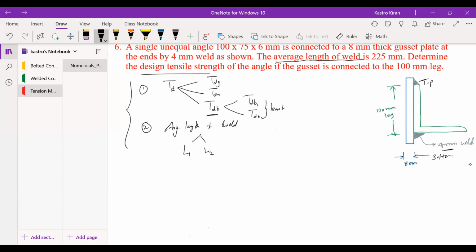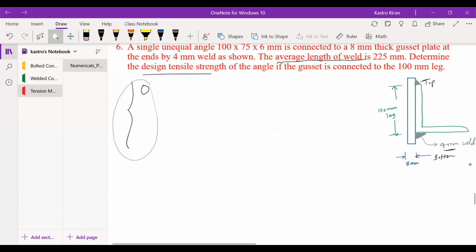So this first step you are very clear on. The second step is the one which we have to find out. Also, this problem's calculation is a little different from the bolted connections. We have seen the bolted connections problem, and in this problem there are very minor modifications while calculating the block shear failure. The rest of the two steps remain the same. Anyway, let's solve this problem and understand the process.